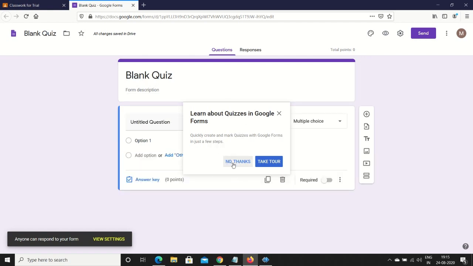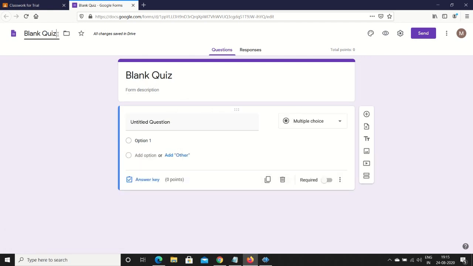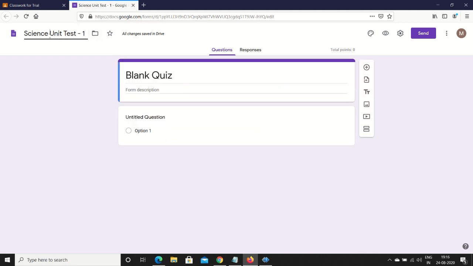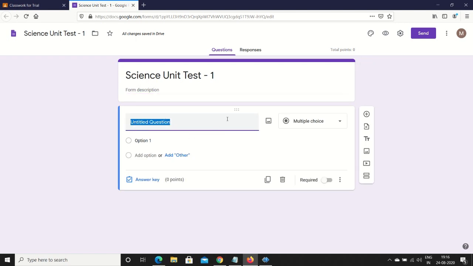In this, you need to enter the title here, the same title here. Before adding questions, you need to make a few changes to the settings of this file.